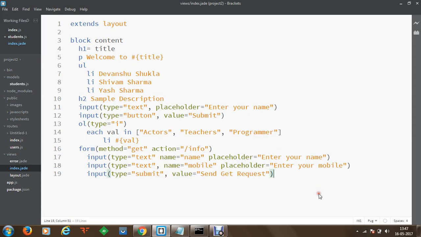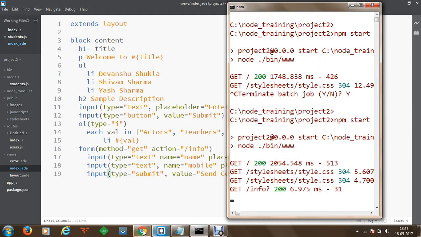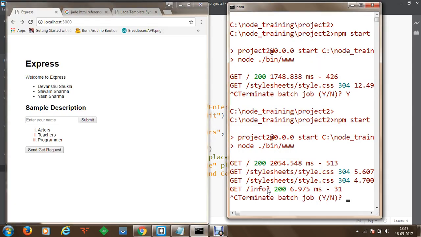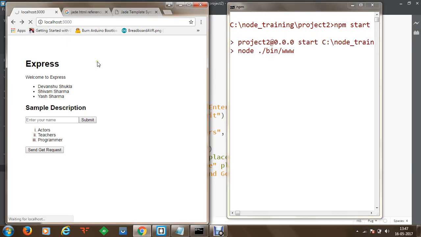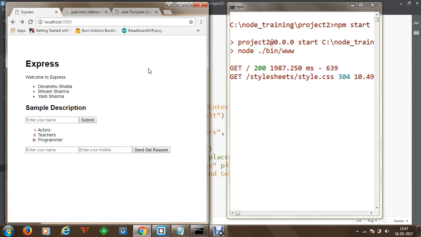Once we have saved this, we'll stop the server and start it again, and once the server has started, we'll refresh our web page. Now you can see that we have fields like enter your name and enter your mobile number, and we are going to send a GET request. Let's say the name is Devanshu and the mobile number is